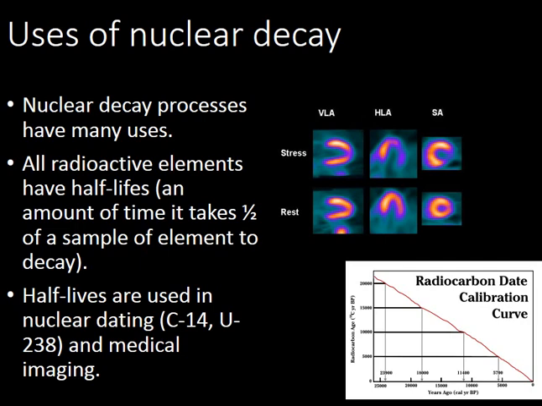The other place that we use nuclear decay processes, and this is a more recent thing, is in some medical imaging, like thallium stress tests. You can see the results of a thallium stress test in the image up on the left. Basically, people are brought in and either hooked up to a pump that pumps adenosine in to raise their heart rate, or placed on a treadmill and given an EKG, and they test what happens to their circulation and heart rhythm under stress. After they reach that level of exhaustion or maximum heart rate they want,